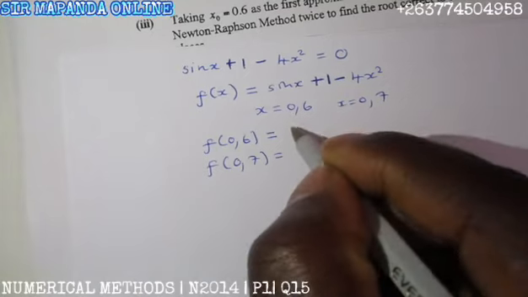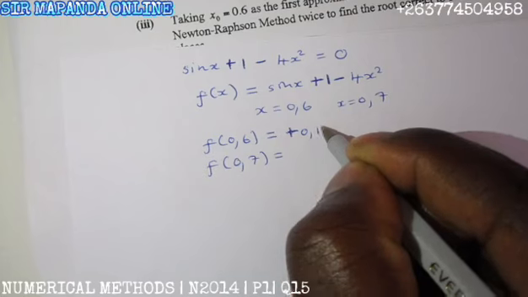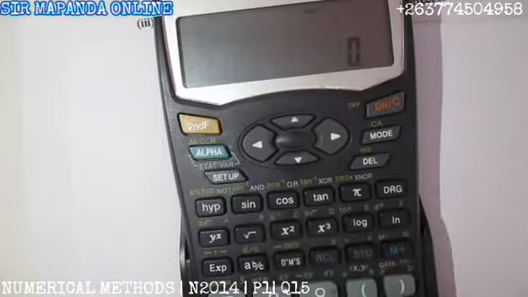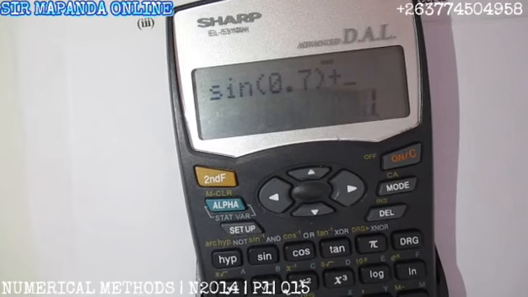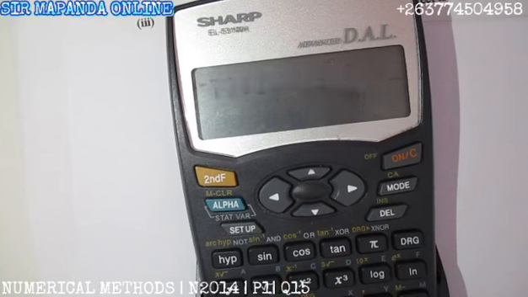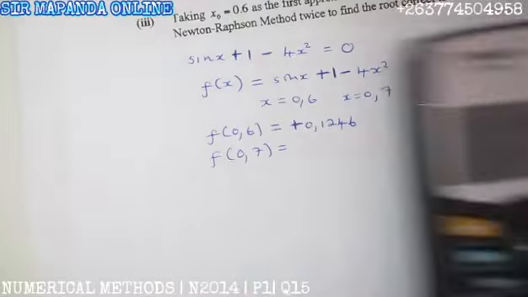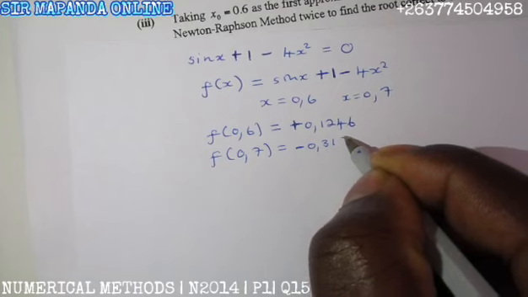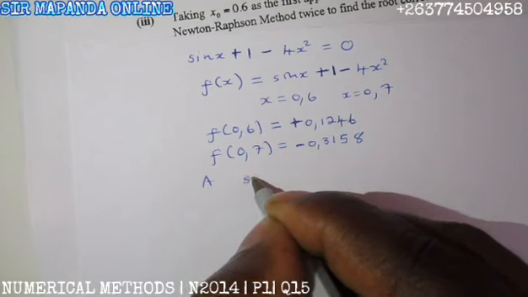So this is plus 0.1246. Then we use sine, open bracket, 0.7 plus 1 minus 4, open bracket, 0.7 squared. You get minus 0.3158. So you write minus 0.3158. So you give your conclusion a sign change